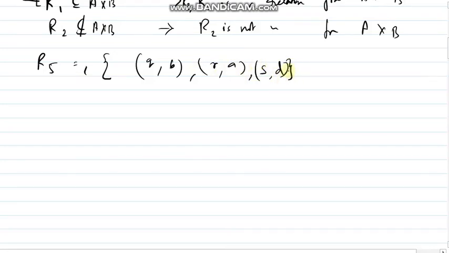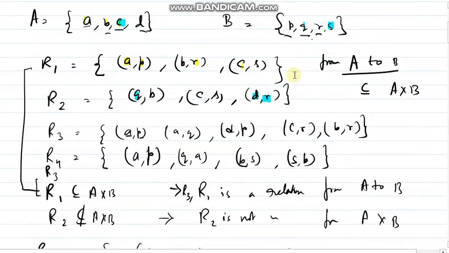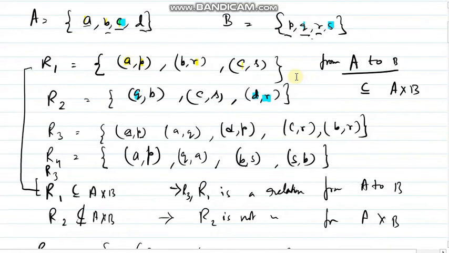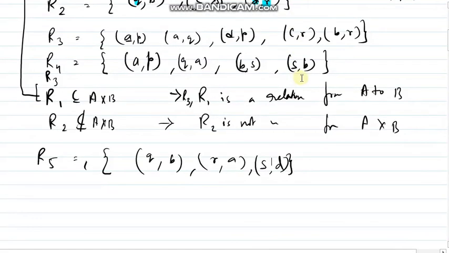So this ordered pair, R5, contains this ordered pair. Now R5 is not a relation from A to B, but R5 is a relation from B to A. Do you agree? So please be very careful. Don't write only that R1 is a relation, R2 is a relation, R1 is not a relation, R2 is not a relation. Please mention that R5 is not a relation